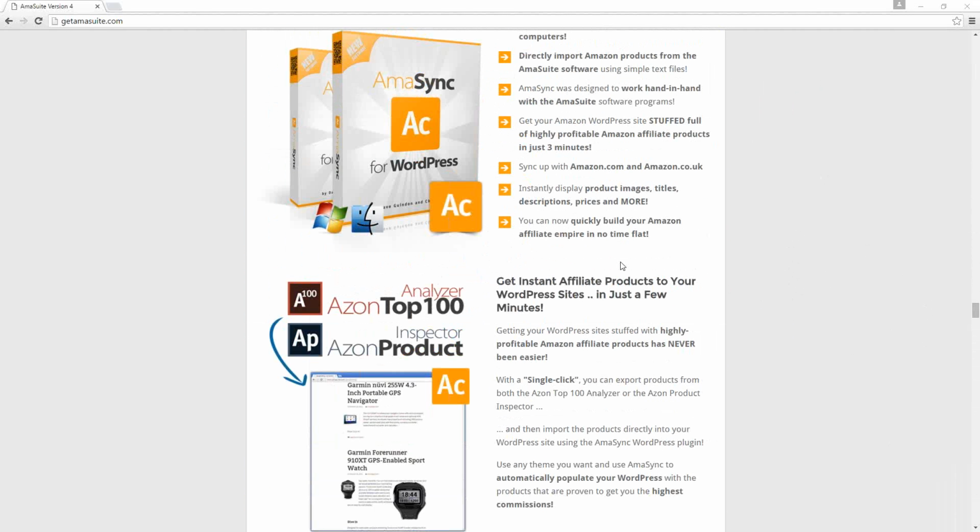essentially what I was just describing there about AmaSync, that's my basic recommendation for using Associate Goliath, for using Fresh Store Builder, for using any other software that's going to automatically generate a complete product review page on your website for you. You just need to use them with caution and customize as much of the content as you can.